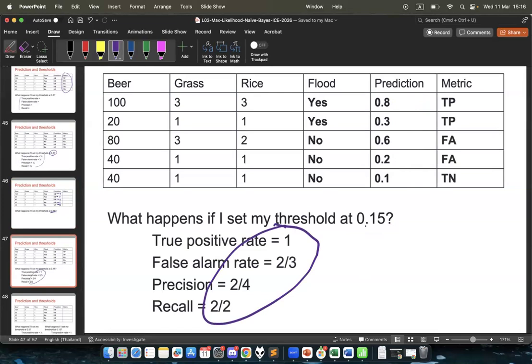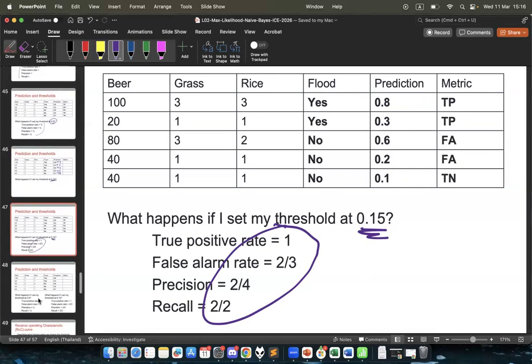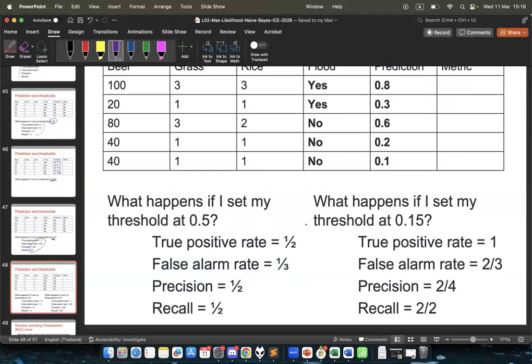So my threshold has a big effect on the performance of my model. So if you compare different thresholds and the metrics,